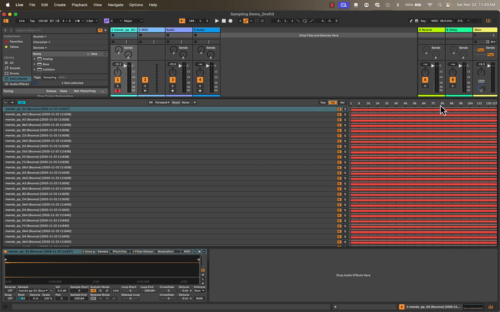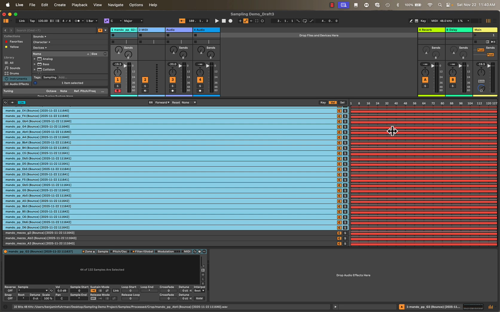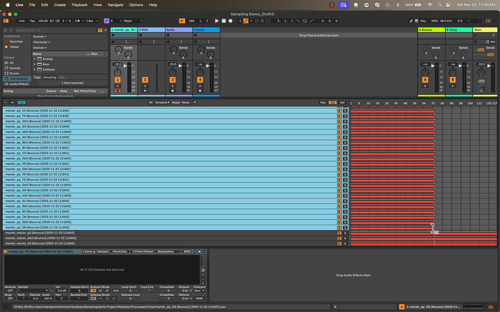So we have 127 different values, and we need to divide this up into 3 separate areas. So 127 divided by 3 is roughly every 42. So what I'm going to do is select all of my pianissimo files, and I want these to start at dynamic level 1 and then go to 42. So I'm just going to grab the edge and take it down